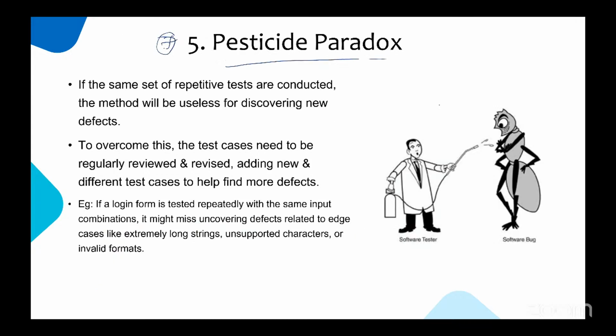Pesticide paradox. If you know a little about agriculture, when they grow any plant, they used to put pesticides for the insects, so that they should not spoil the crop. If they keep using the same pesticides, you know what will happen? At one point of time,